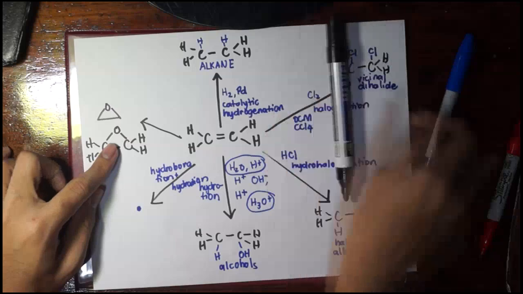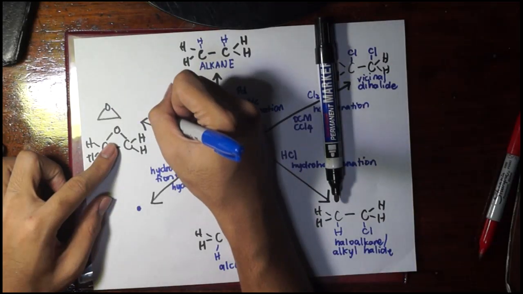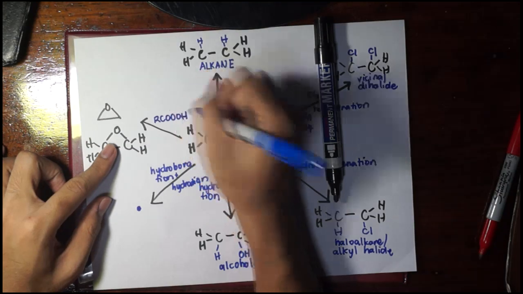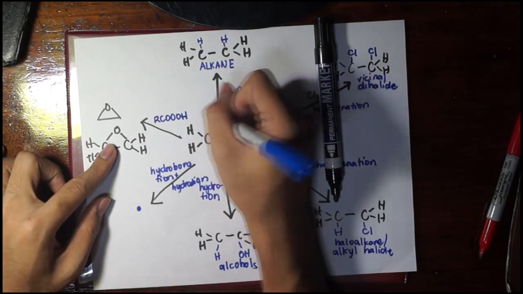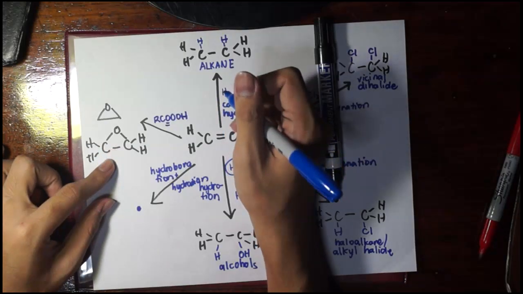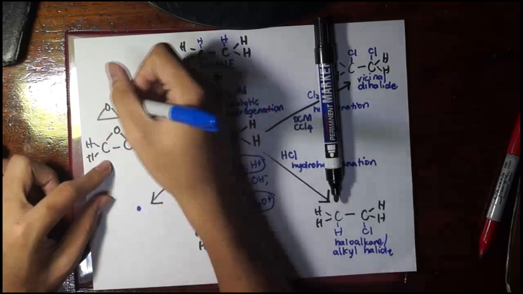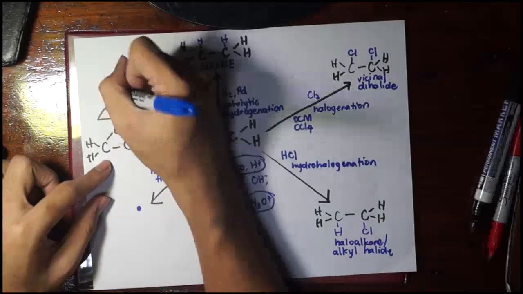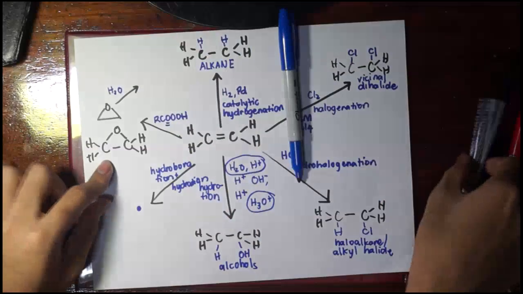Where do we get the oxygen? From the reagent, which is a peroxy acid. Alright? It's a peroxy acid because it has an additional O. Alright? So here we form an epoxide, and if we hydrate the epoxide, what happens is that,